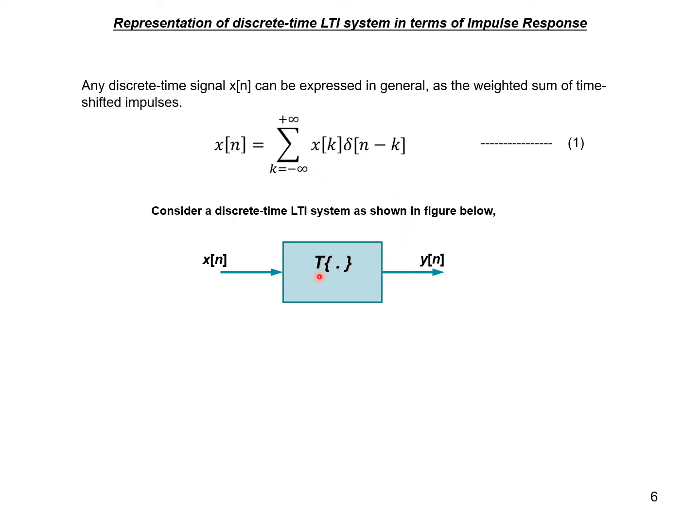Normally I was using the letter H here, in my previous presentations I was using the letter H. Now I will stop using that. Instead, I will use the letter T. T stands for transformation. It is not a Fourier transform or Laplace transform kind of thing, but it is a general meaning of transformation: a system that transforms an input signal to an output signal form. T is the operator that operates on the input to get the output.